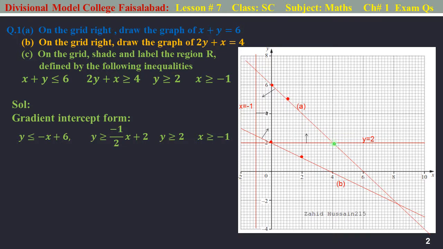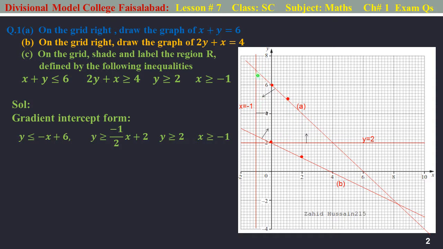Region below this line is defined, but region above this line is defined, so we will not move downward, we will move upward from here. Again, there is a corner where these two lines meet, and the region above this line is defined. Again, there is a corner, and region to the right of this line is defined. So this is the defined region, this one,